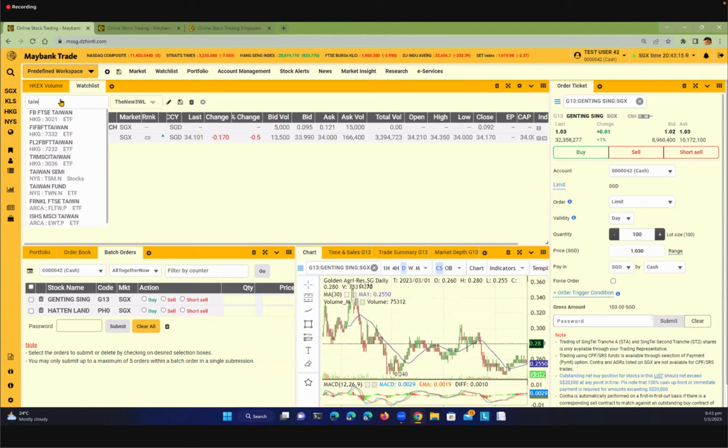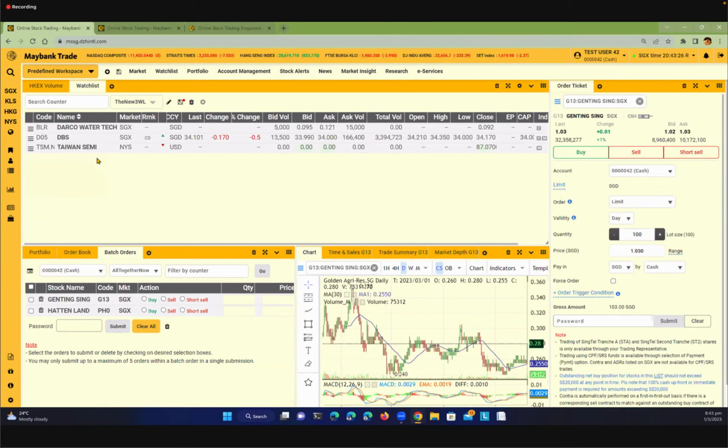So if you know the stock code, great. Then it will most likely show up as the top one if it's close to what it is. And then you select that, and you will also add it to your watch list. So this is a slightly faster way to do it. Okay, so all the stocks that you can remember, if you know that you want to add,